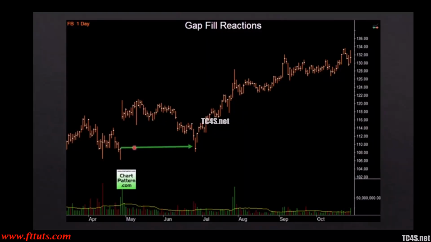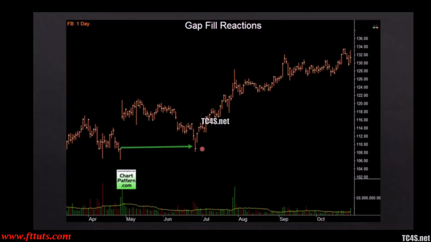Now we'll also notice something about gaps, and that is when price fills a gap, there is often a reaction. Most gaps get filled. When they don't, that means there's incredible momentum and power to the market or the index or the stock where it's happening. When a gap fills, we have to look at the reaction. Many times the gap will fill and the immediate reaction will be reversed back in the direction of that gap. But if it doesn't react, that's also a sign that price is pretty weak,